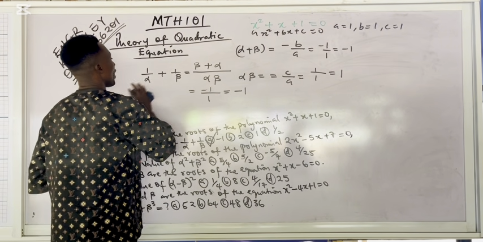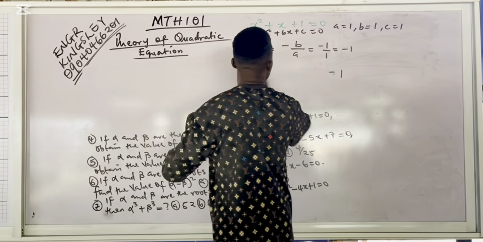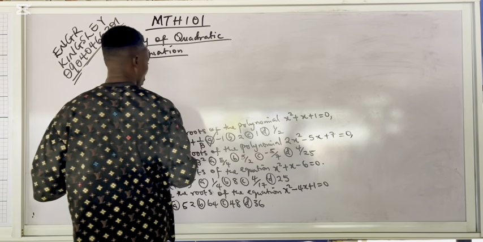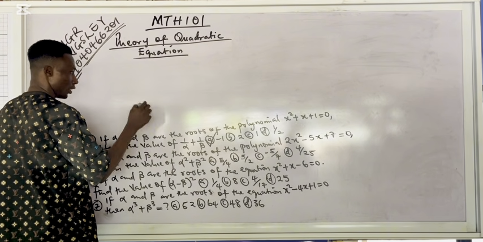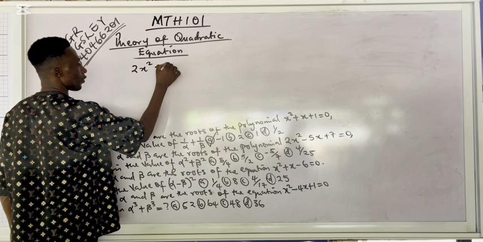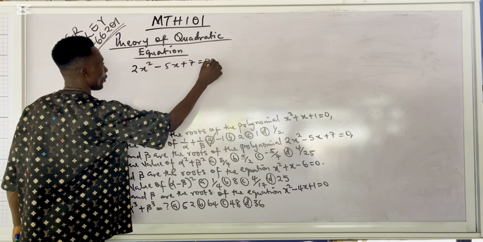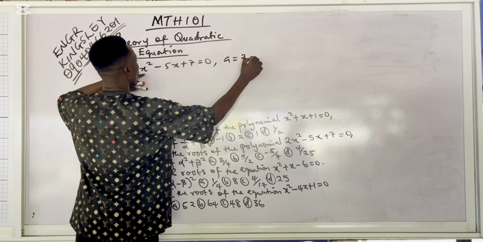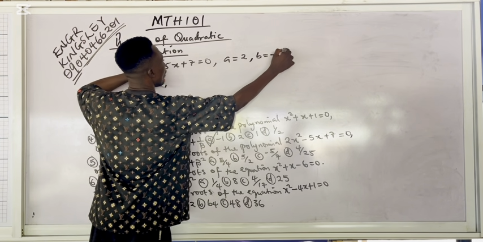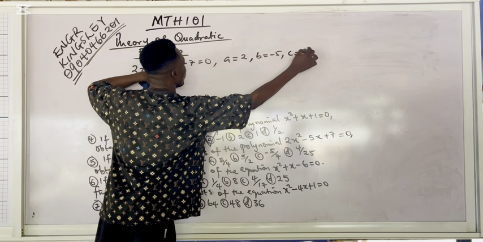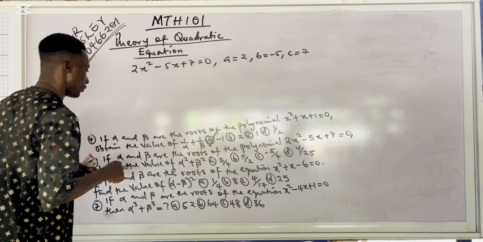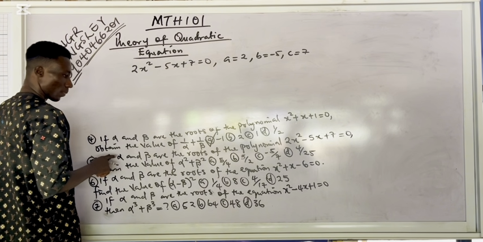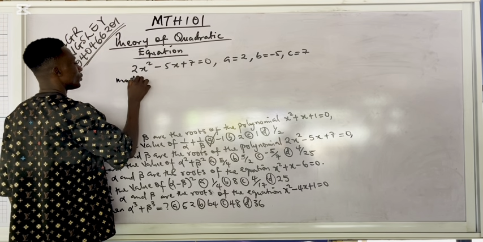Okay, let's go over to our calculator method approach to see how we address this question. The equation given to us is 2x squared minus 5x plus 7 equal to 0. So remember that the coefficient of A here is 2, the coefficient of B here is minus 5, and the coefficient of C here is 7. So the good thing that we are going to do is to use our calculator. Press mode 5